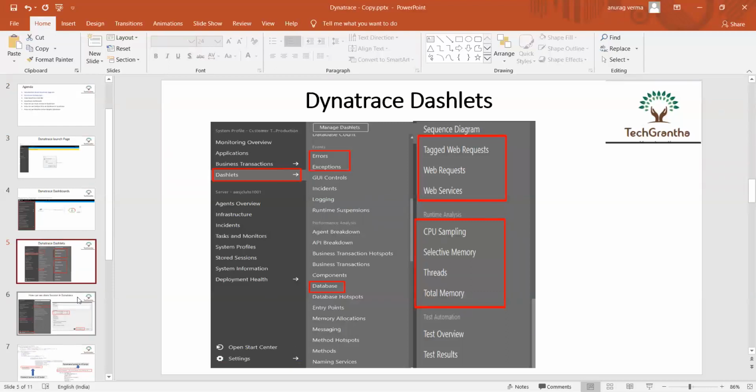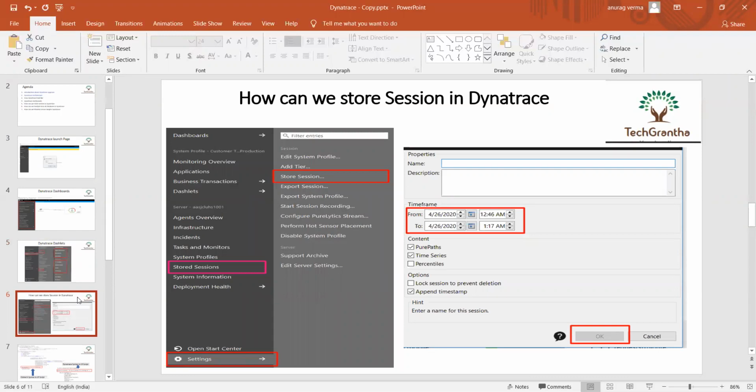Those are the things we can monitor during live execution. Now the next thing is, when our execution is done, how can we save the Dynatrace session? For that, you just go to the settings option. There is an option called Store Session. Once you click Store Session, a window will open. Under Name, you give the name you want for the session. Suppose I am doing a smoke test, so I give the name of the smoke test of the particular application.